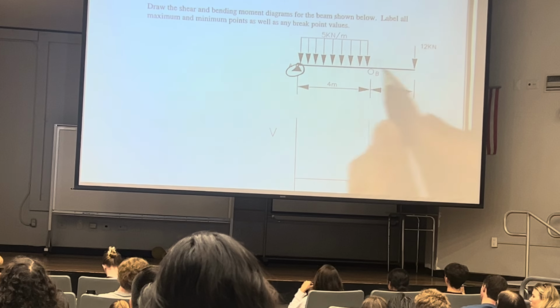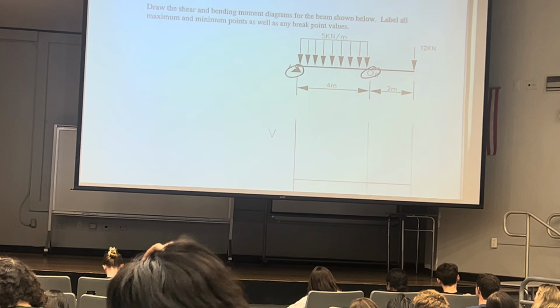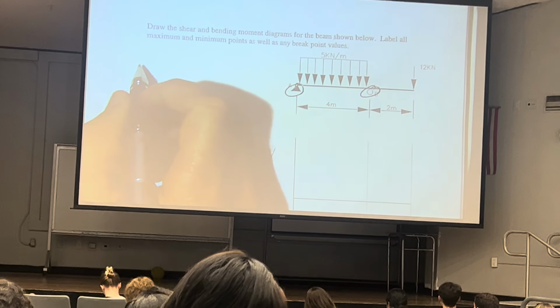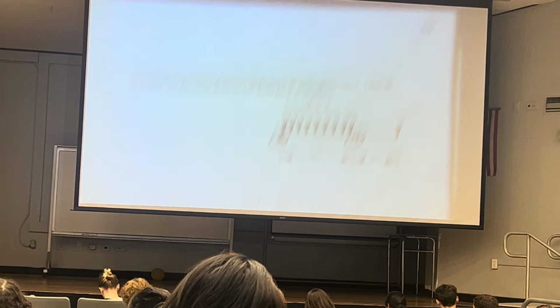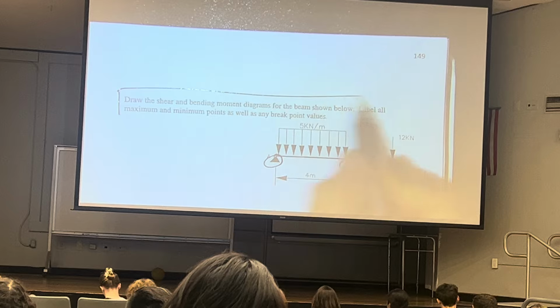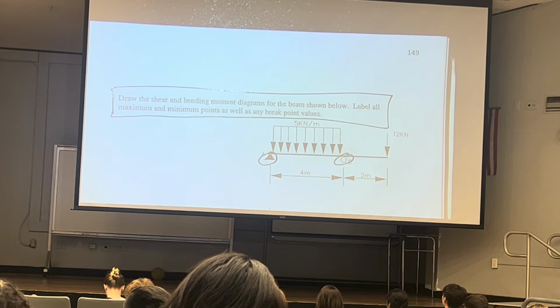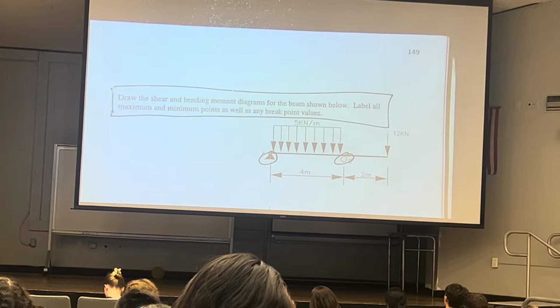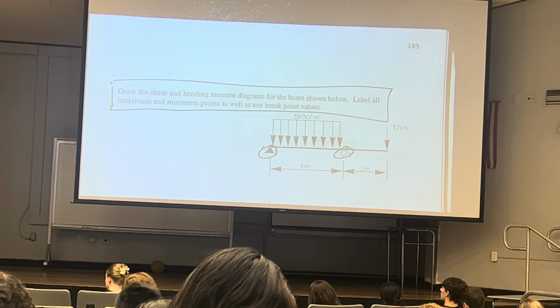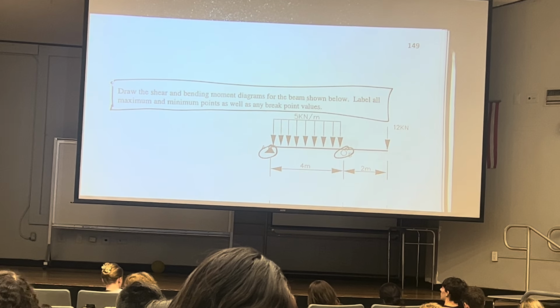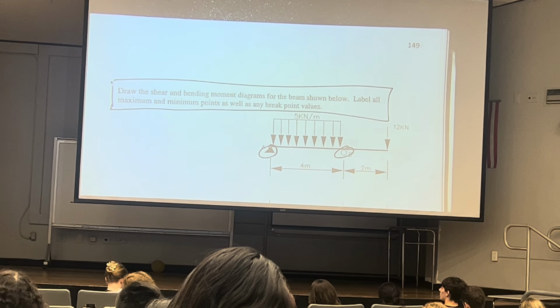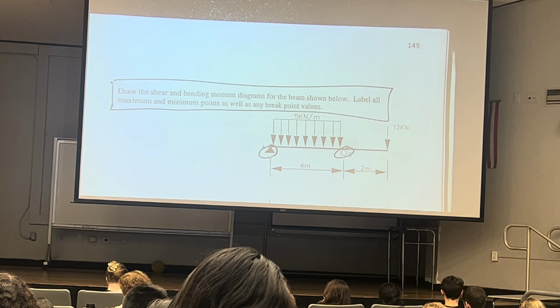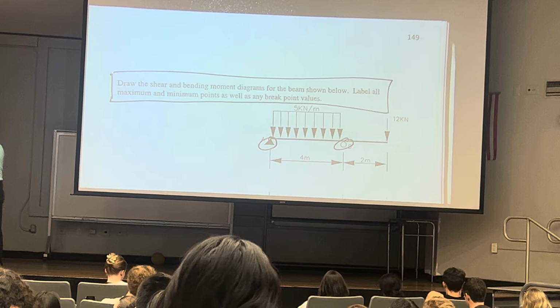I need to find A and B. Now, I'm going to give it to you because that's what's going to happen on the test. And by the way, these words are not going to change from what's in the test. Question number 2, test number 3 will be this problem. Draw me the shear bending moment diagram. I have to test it. That isn't going to change,